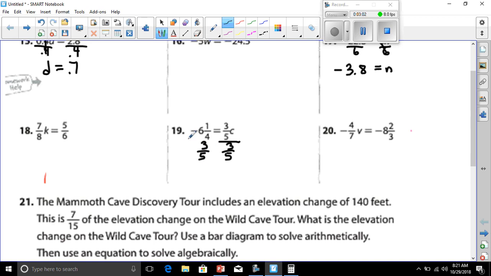Because whatever I do to one side, I do to the other. This will cross out easy and leave me with C. But I have to figure out what is negative 6 1/4 divided by 3/5. Well, first, what I have to do is remember to turn this into an improper fraction. Well, 4 times 6, that's going to give me 24, and 24 plus 1 is 25. So this is really negative 25